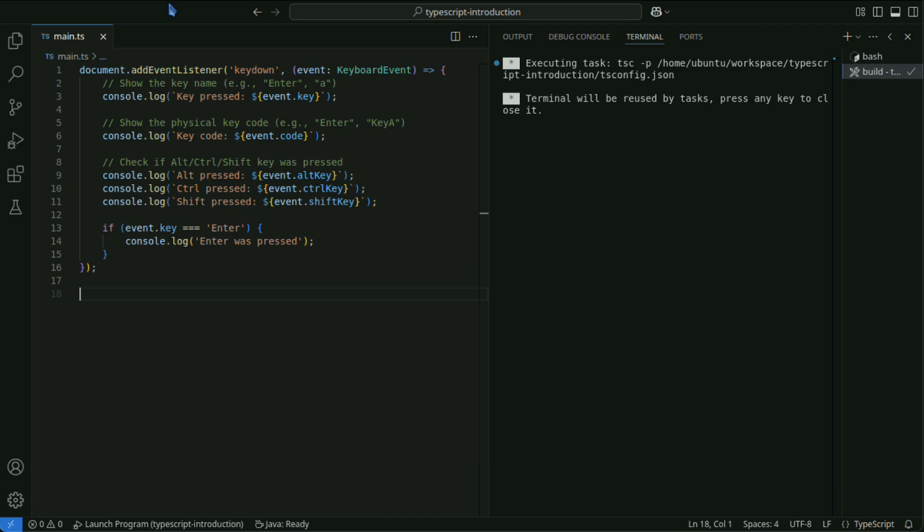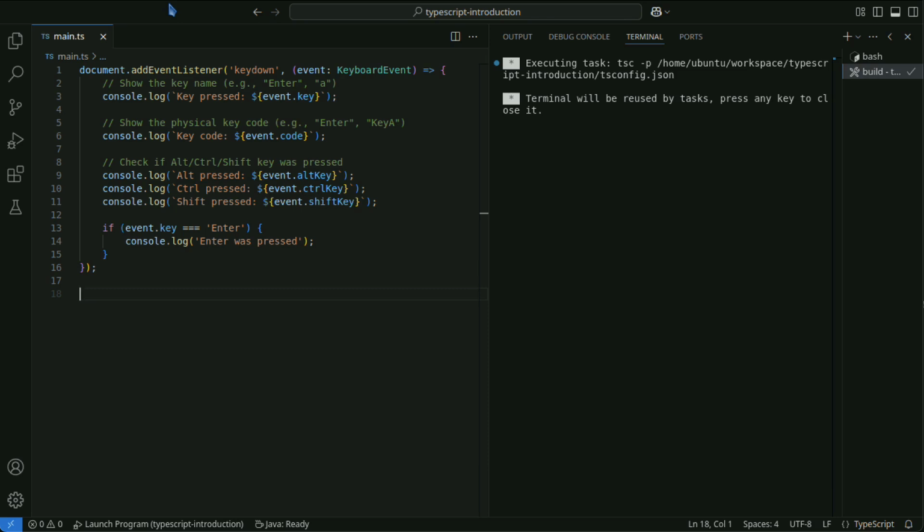This code uses KeyboardEvent to log the name of the pressed key, its corresponding key code, as well as whether modifier keys, Alt, Ctrl, and Shift, were pressed. It also performs a special action when the Enter key is pressed.